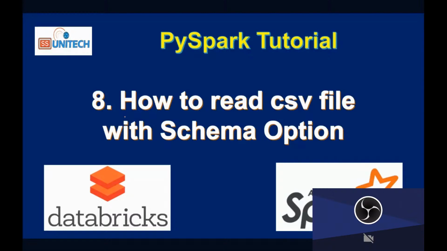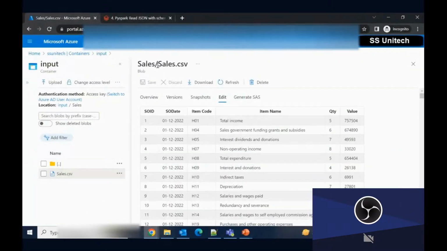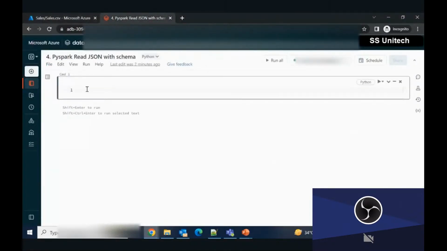So let me quickly jump to the browser and we'll try to implement it practically. Here we have this file, which is the sales.csv file. First we will read the data from this file directly, and after that we will read the data by using the schema option, and we will also see the difference. So let me jump inside the Azure Databricks, and here in this notebook,